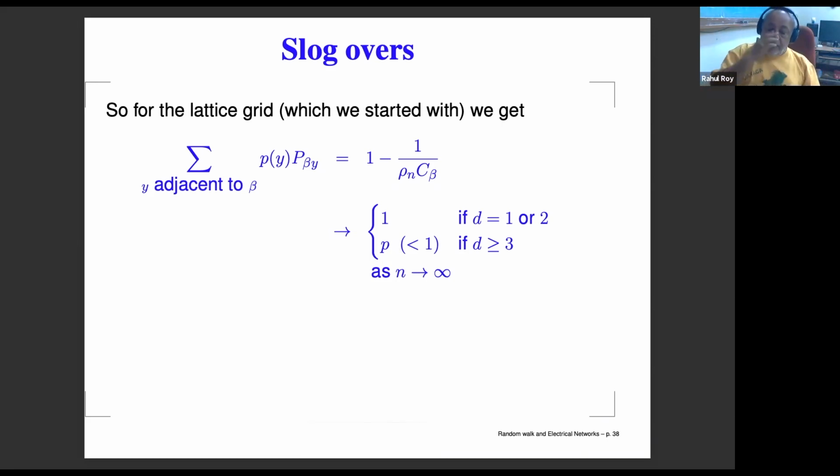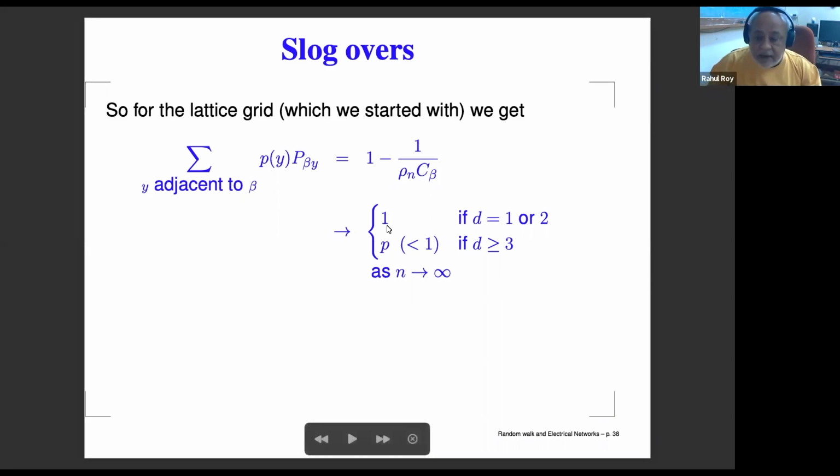Okay. So in 3 dimensions, you can escape. Starting from the origin, you can escape with a positive probability. It's a positive probability. It's not probability 1. But in 2 or 1 dimension, if you start from 0, the origin, you return to the origin with probability 1. And because you return to the origin for the first time, again after that, you will also return to the origin. So you'll actually return to the origin infinitely often.